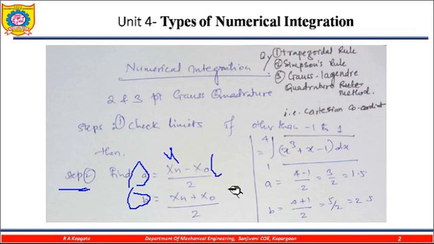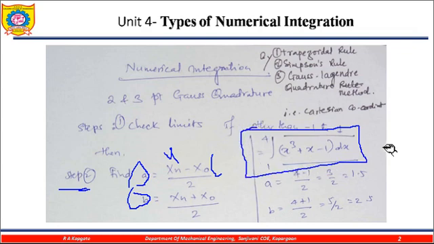So let us see what I have done here. This is my problem. In this problem they are asking you just to calculate the area under the given function. What I have observed here is that my limit is 1 to 4, so this is a problem with limits other than -1 to 1. Hence I am finding the a value and b value.